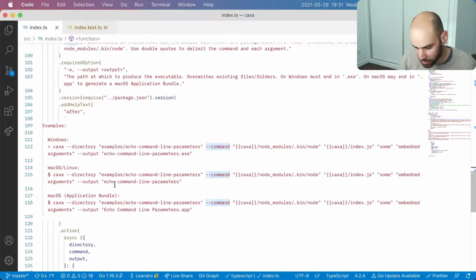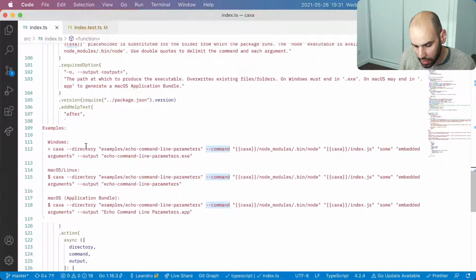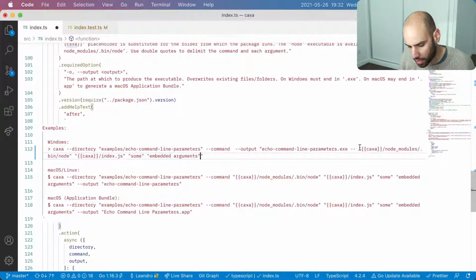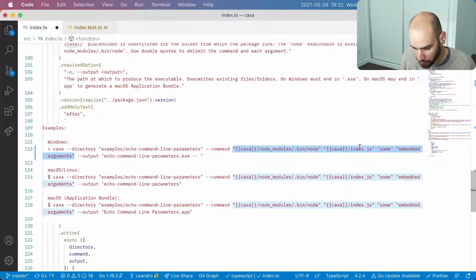What I would like to do instead is have maybe an input and output, and then dash dash, and then everything else. So it works like a rest command, everything else command. So I think that's what we are gonna do.